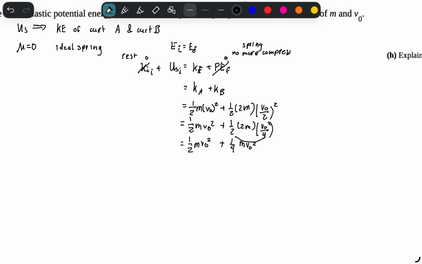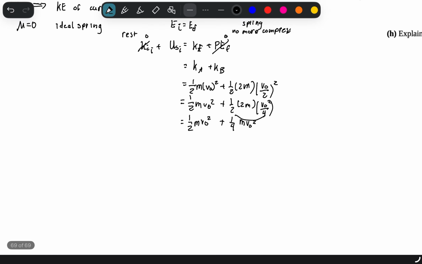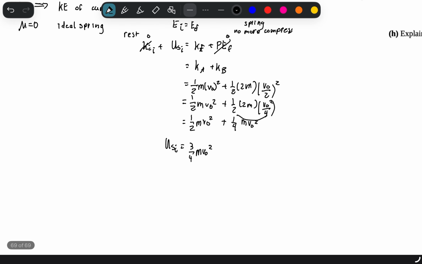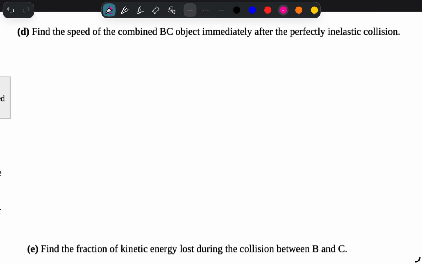So then we can see that we have a fraction we can add. We have 3/4 m V initial squared is equal to the initial spring energy. So our spring energy is not just the kinetic energy of cart A, it becomes the kinetic energy of both our carts. Now, for our next question, find the speed of the combined object BC immediately after the perfectly inelastic